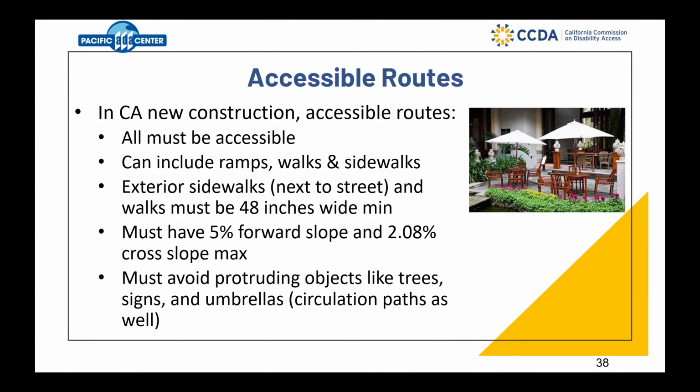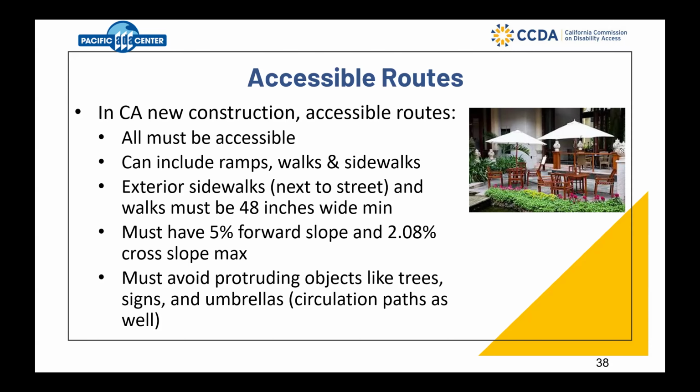You have to have a 5% forward slope maximum and 2.08 cross slope. That's the side-to-side slope maximum that allows water to run off but doesn't create too big of a problem for somebody, particularly in a manual wheelchair. And you have to avoid on your accessible routes and your circulation paths, even if it's not an